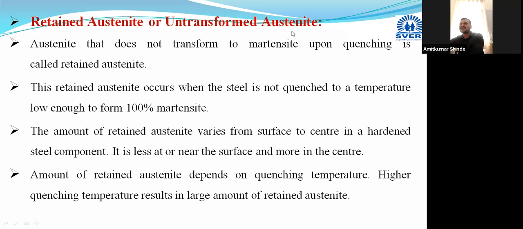Retained austenite, I have explained it. What is the meaning of retained austenite or untransformed austenite? Now in this we are going to discuss their effects. I will explain what is the meaning of retained austenite, then what are the effects of retained austenite on the properties of steel, and how to eliminate it if it is providing more defects than use. Then how to eliminate that retained austenite, that I will discuss here in today's session only.